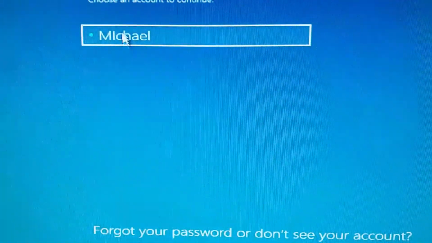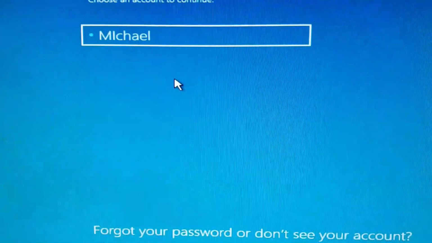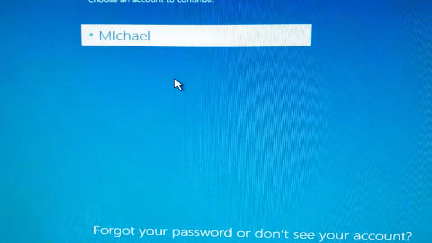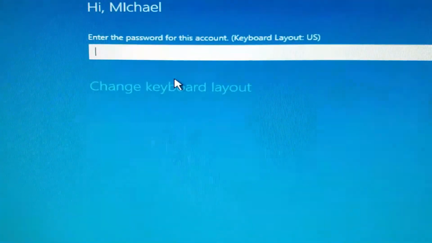Now see there it says system image file, it says choose an account to continue. Well, my account's Michael Bishop. Whatever, it's my login name. So I'm going to hit enter. Now doing it this way, it's going to ask you for the password that you logged into Windows with when that file was created. Now if you don't use a password to log into Windows, you don't need to put anything. But if you,